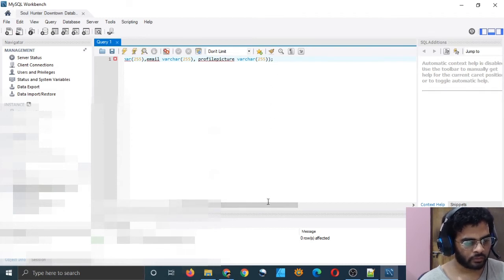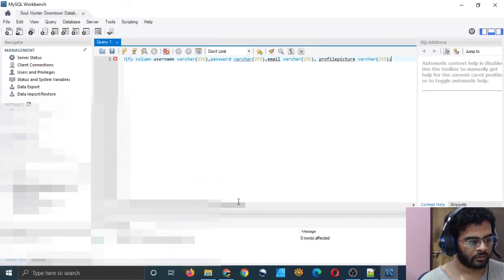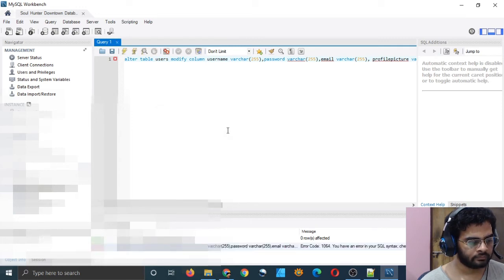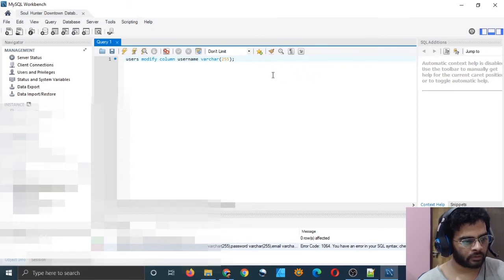I will just run it and see if it works, with username, password, email, and profile picture. It says it's wrong. Oh no, it's not working. So I will do it one by one. I guess I will have to do that.